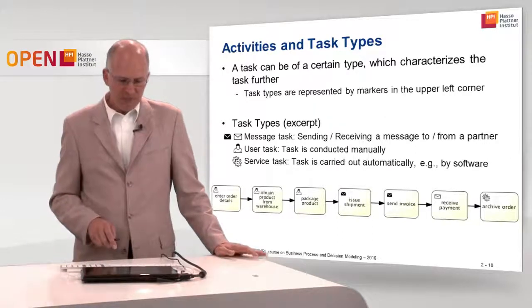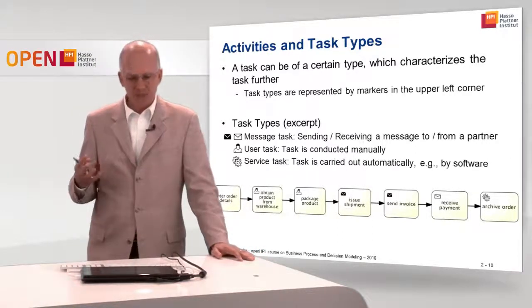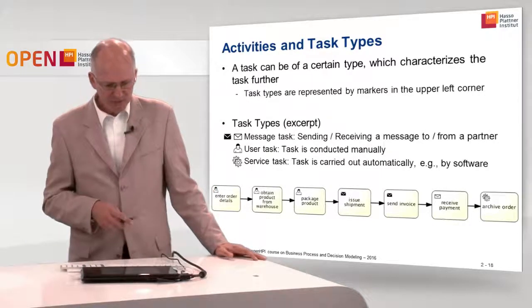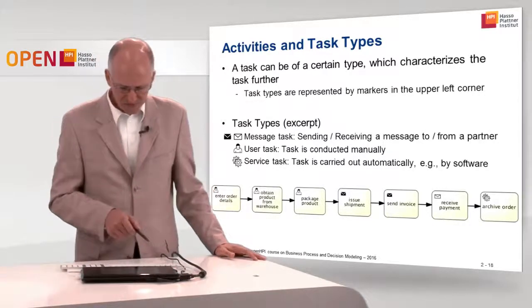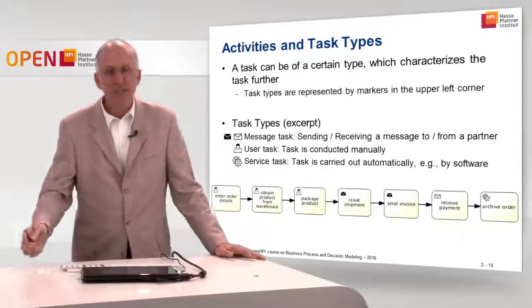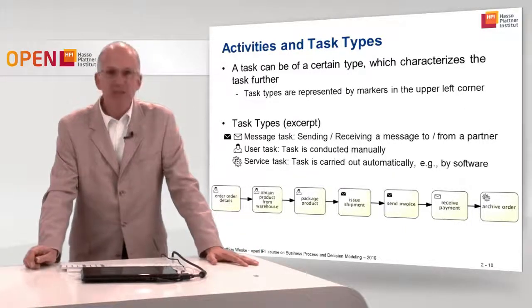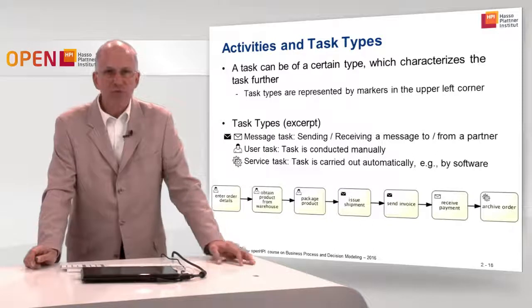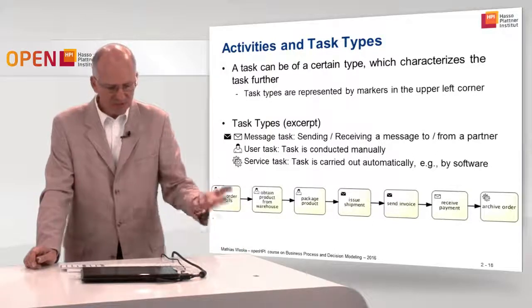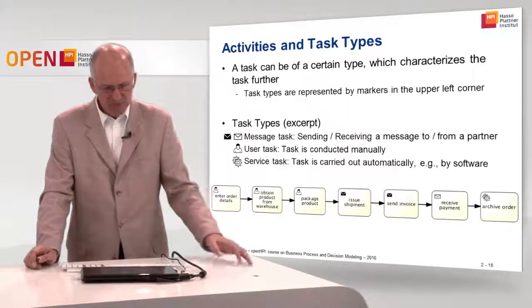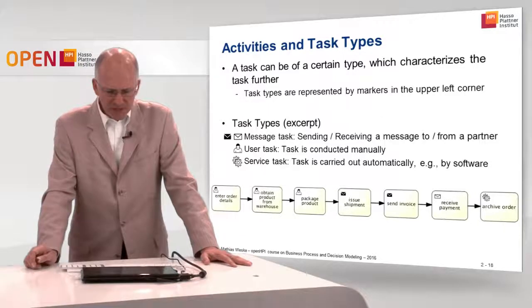In our example, we can enhance the process model we had so far with the task types. So the first 3 activities are user tasks. We see that enter order details is a human activity, so a user does that, of course using a system, but the user is in charge of it, needs to do something. Then we have send